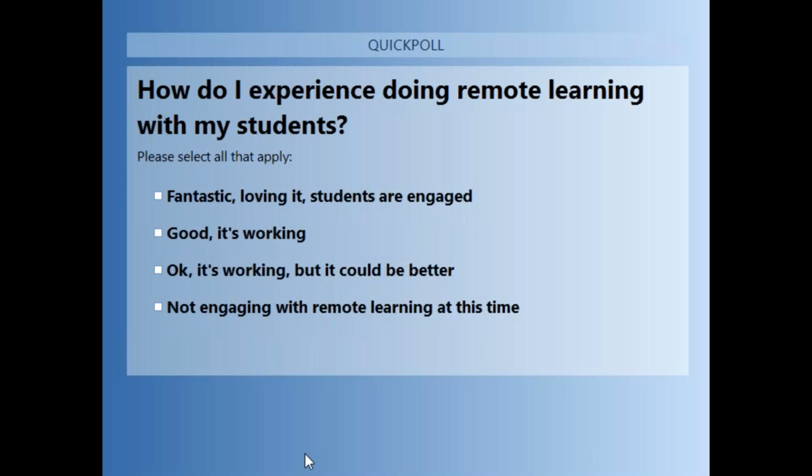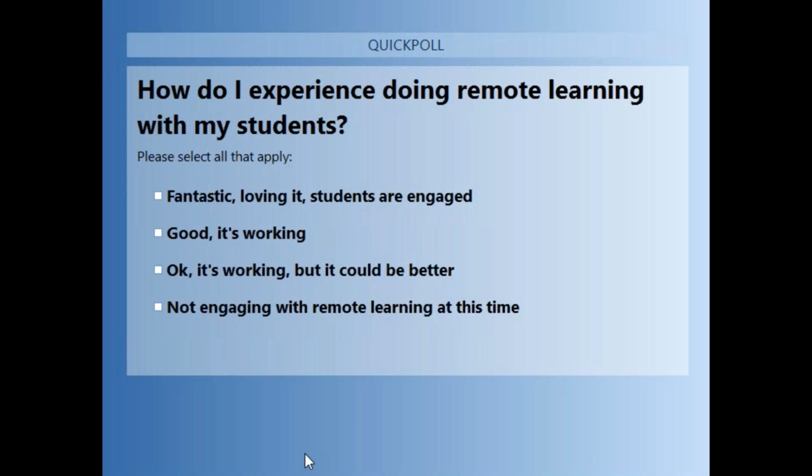Some challenges could be better. That's looking good. So thank you for the comments in the chat as well. Come on, everybody. Where are your responses? What's happening in your spaces? Are you actually engaging with your students? Could it be better, or maybe you're not engaging? Please tell us how you're working with your students. We're only sitting on 48% on the chat. Let's see if we can get some more. Can more of you, if you can't click on it, please put your answers in the chat.